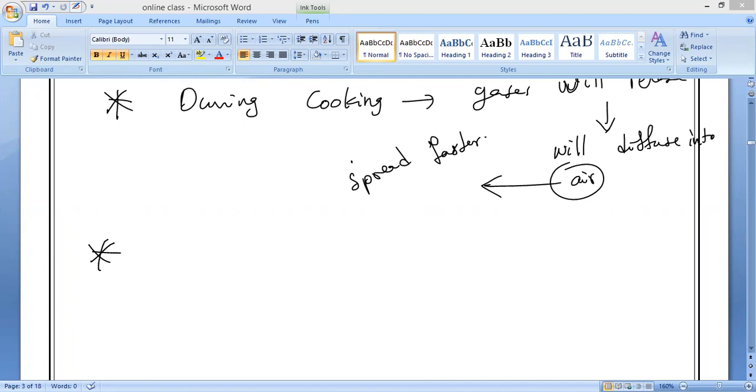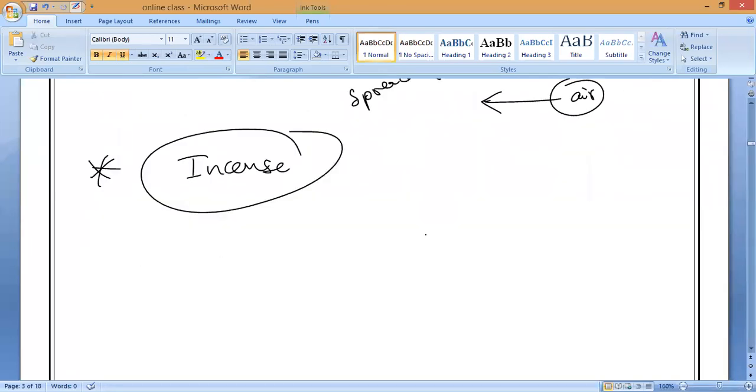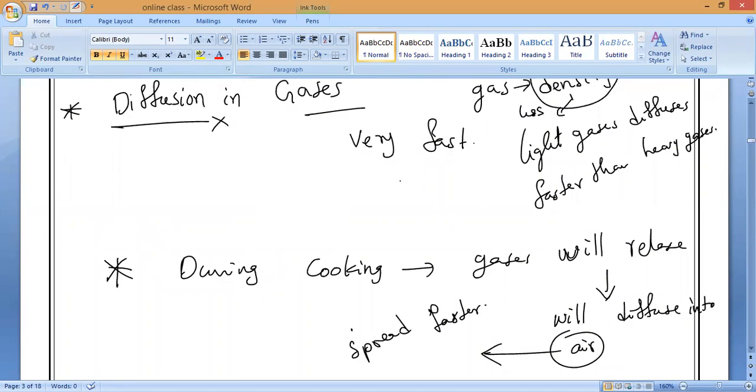What is happening? Because of kinetic energy, the rate of diffusion of hot gases is much faster when the food is hot and sizzling, but the rate of diffusion of cold gases released by cold food is less. Is it yes or no, guys? Please respond. Yes, sir. Same way, incense stick also. So even with food itself, we can feel two diffusion rates. When it is cooking time, faster diffusion. After it is prepared, slower diffusion, a lower diffusion rate. Because of what? Hot gases as well as cold gases. That is why I said you one statement.